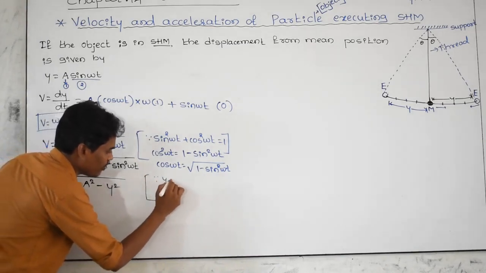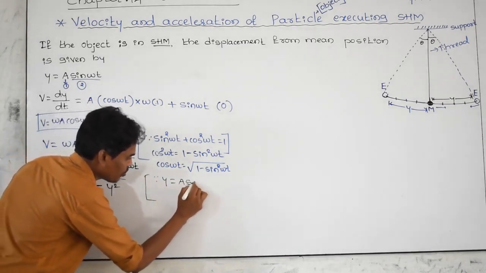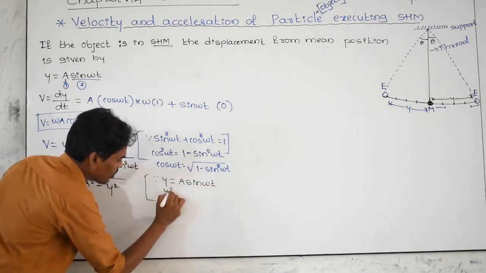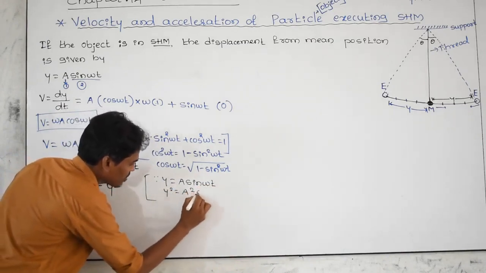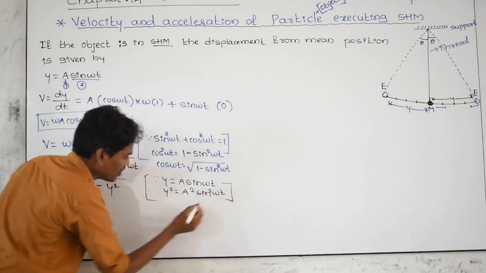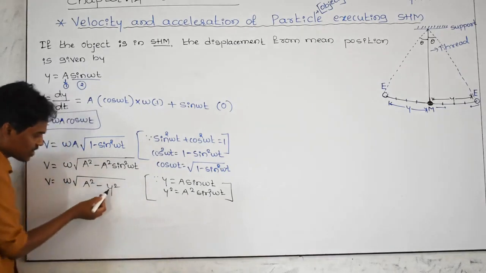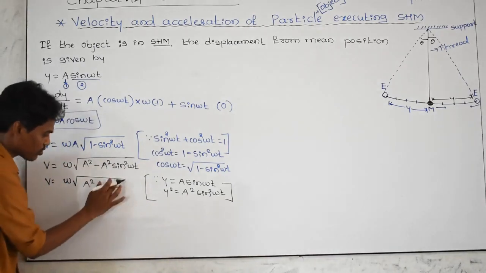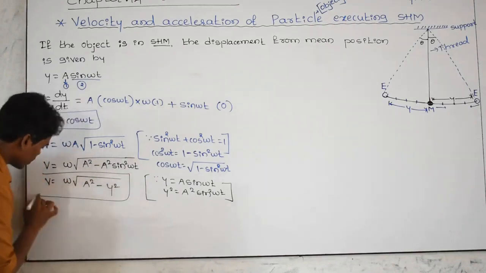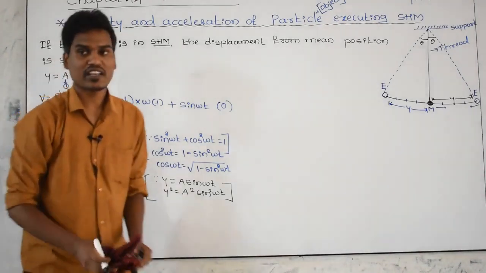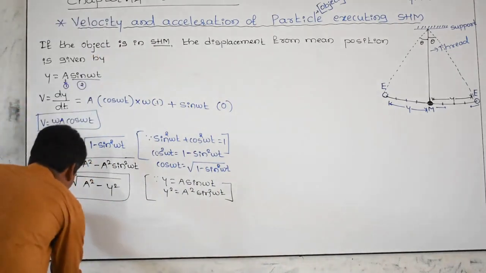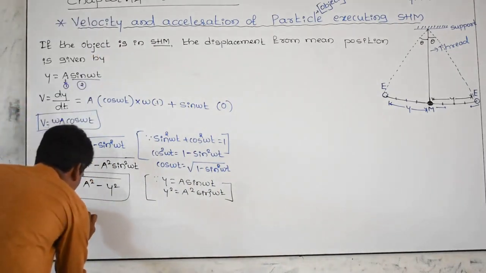We know very well, y is equal to a sin omega t. Squaring on both sides, y square is equal to a square sin square omega t. A square sin square omega t is nothing but y square, which I substituted. Let us take this as a formula, then apply the conditions. Now I am applying conditions. What are those conditions? First condition,